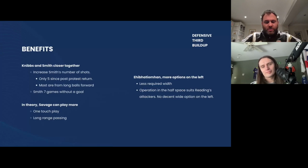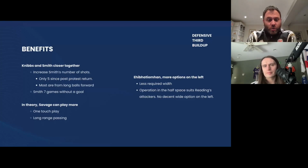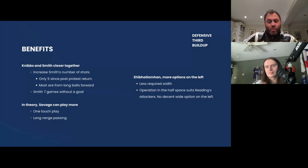we've been starved as Reading fans for so long of not really having an identity and not really having an aesthetic element to how we play. Even in the Yap Stam season, it wasn't good football at all, but it got the job done, and we knew exactly what to expect every match day in terms of the formation and the way that we were playing. Again, hate to bring it up, but same with Ince. It didn't work towards the end, but we knew, to a point, what we were going to expect from a Paul Ince team and so on. So it would be really nice to have this kind of ethos